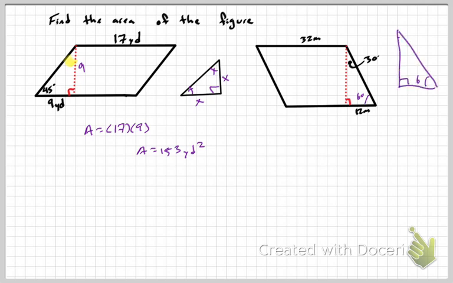So if this is my 60 and this is my 30, remember it's x, 2x, x rad 3. So if this length here in yellow is 12, and that's my 60 leg, this length, the red dotted line, would be whatever my 60 leg is times radical 3. So 12 rad 3. Now usually with area, we're going to put it as a decimal. So if I do 12 times the square root of 3, it gets me